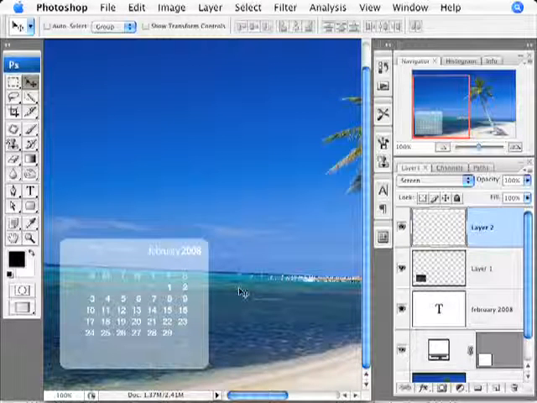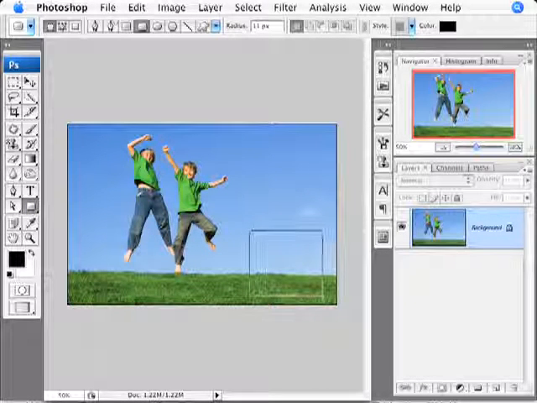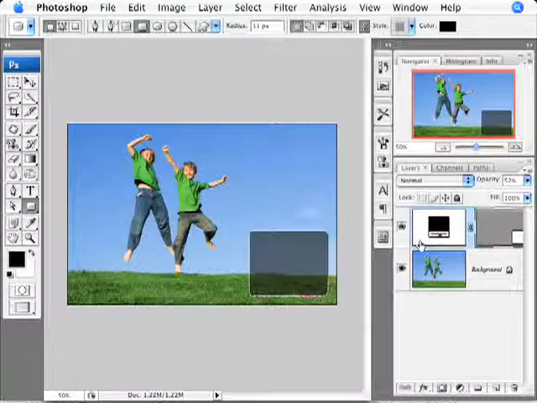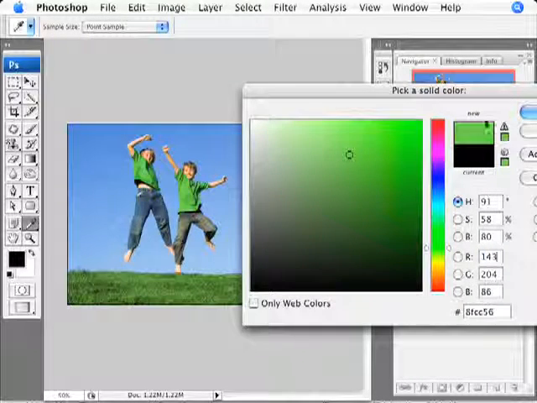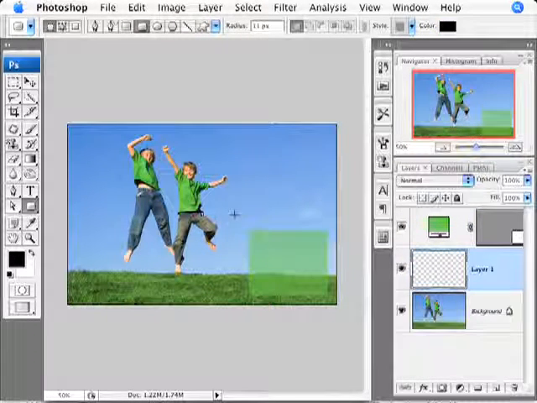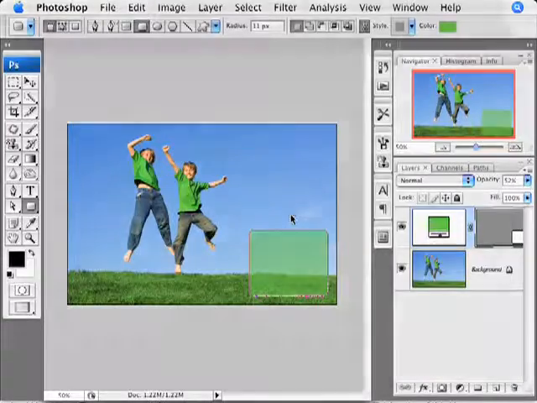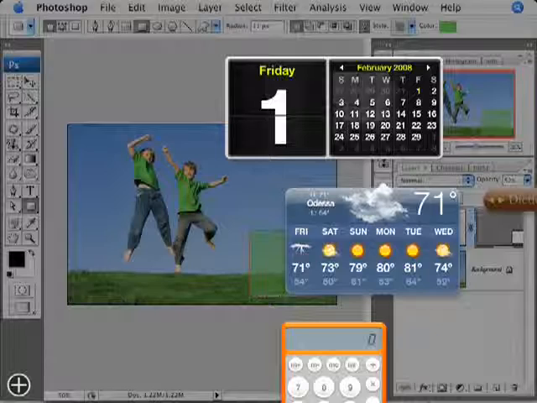Okay, now one of the things I did is I promised you how you would do this on Windows, and before I do that, let me just take a look here at another image, because in that image I used white. You could just as easily come in here, create yourself that rounded rectangle, double click on the shape layer over here, and then just go sample a color from the image. So here I sampled green, and then drop that opacity down and come inside here. Let me go in and just select my calendar again. So we'll select the calendar,